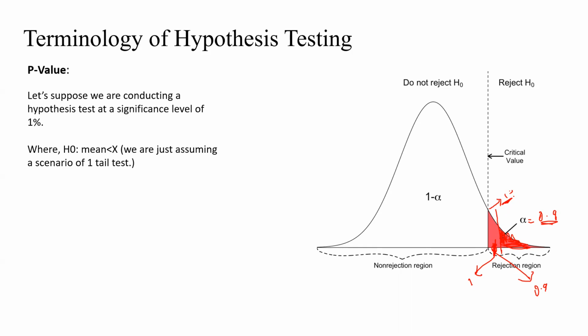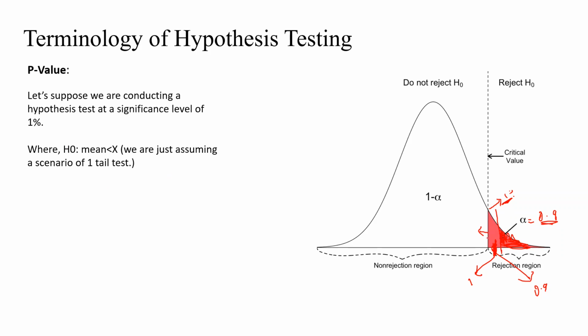Now how can we tell that? Given a particular sample statistic, if it is failing at 1%, I cannot easily tell whether it is failing at 0.9% or 0.8% unless I see where it is falling. If I don't know this position, I cannot tell. Because of that, this is where the p-value comes into the picture.